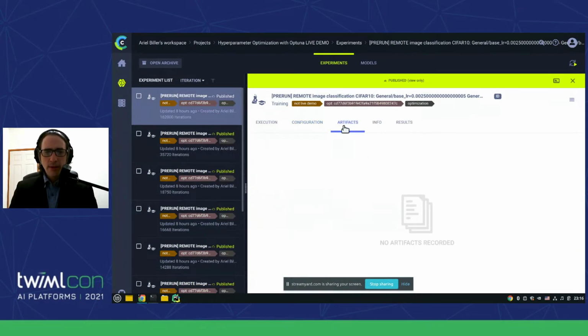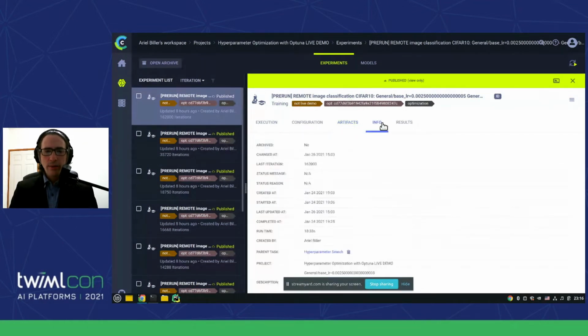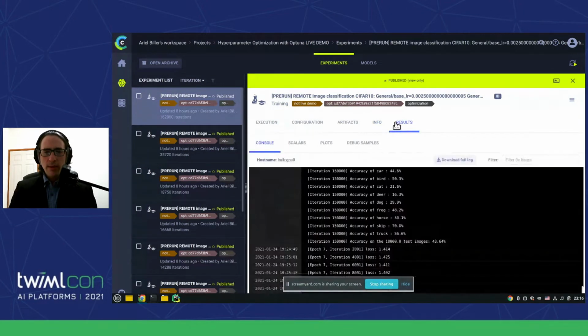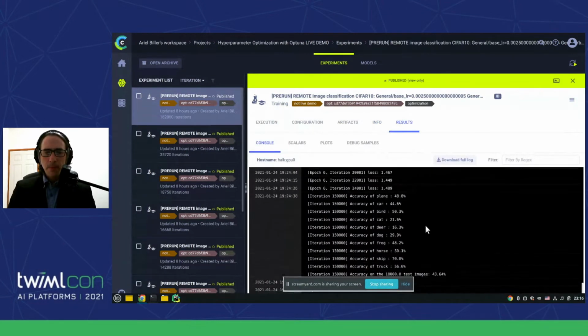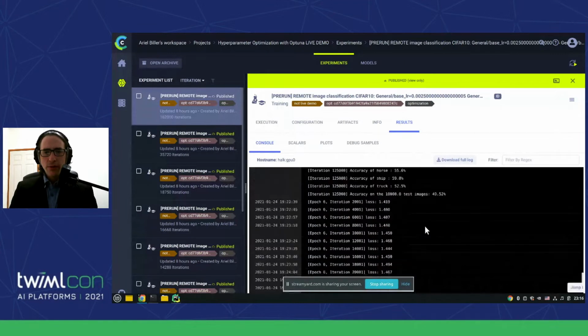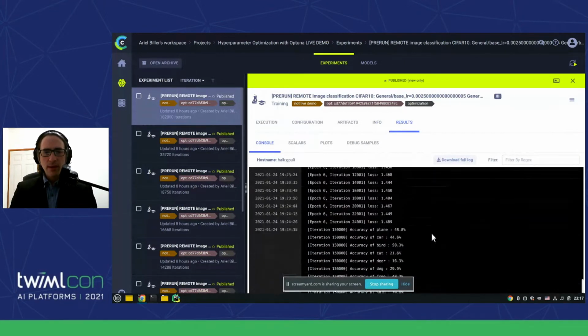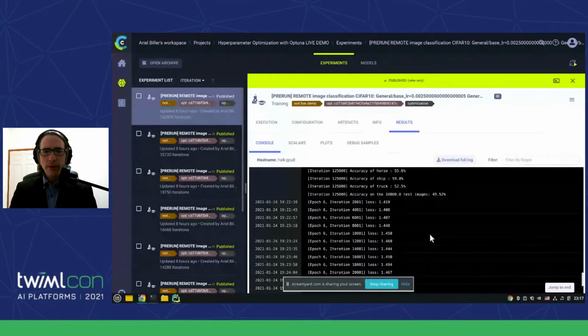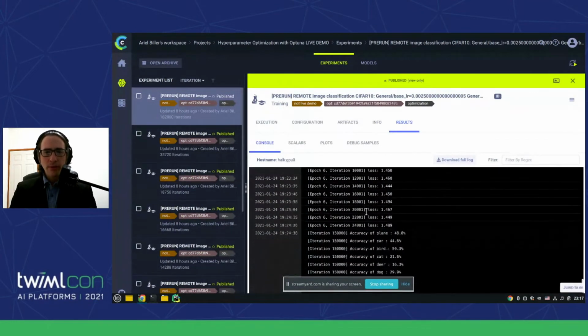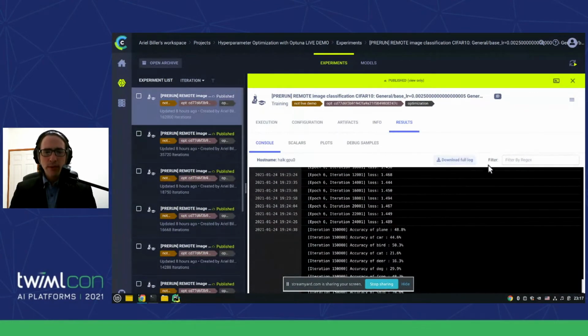All the artifacts generated within the run. Right now in this run, there are no artifacts. All the info of when it started, maybe some notes, if it was generated as a product of another task, and results. And results is, I think, a stronger version of TensorBoard for collaborative experiments. And why is that? It's because, first of all, you've got all the logs. You can download them. You can filter everything that was printed.